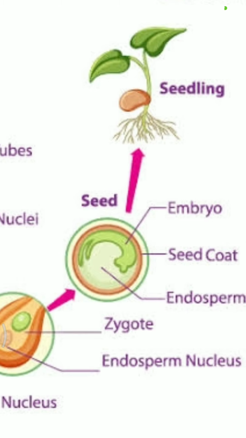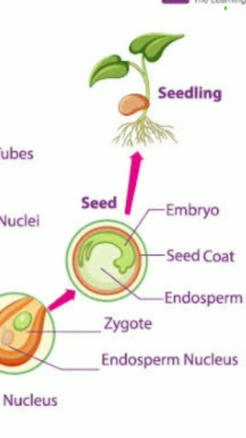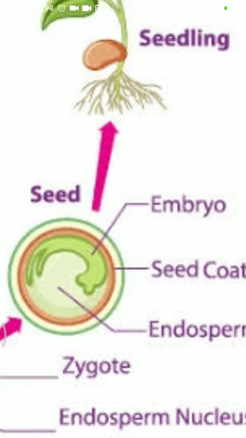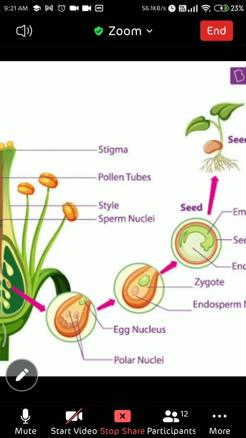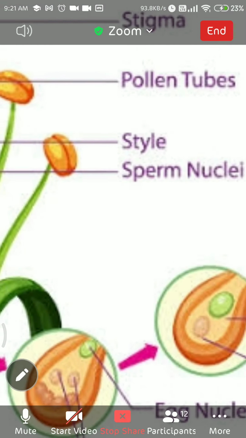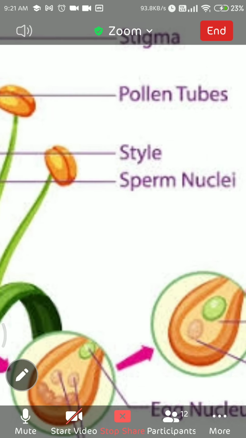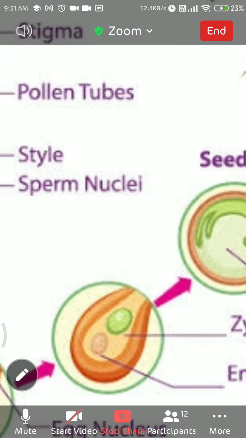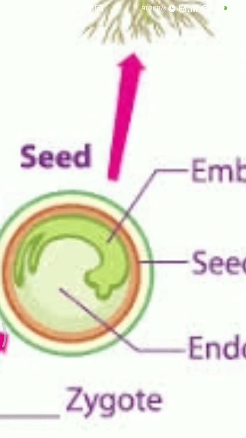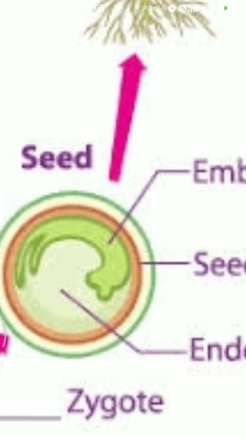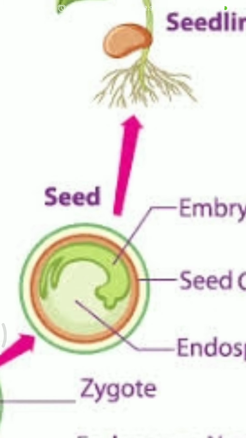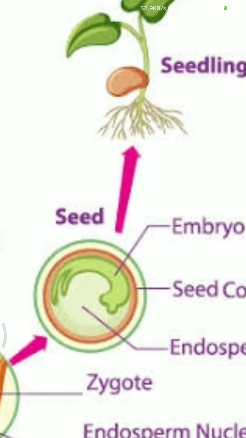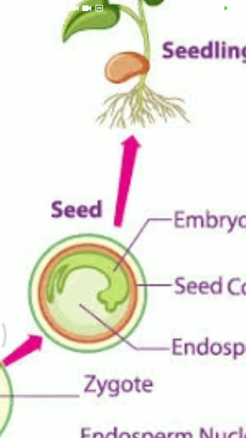And the wall of the ovule changes after fertilization. All these changes occur after the fertilization. Fertilization occurs when the male and female gamete fuse. After that, it changes into zygote, and the polar nuclei into endosperm. Here the zygote divides and redivides, and after division, that will change into embryo.